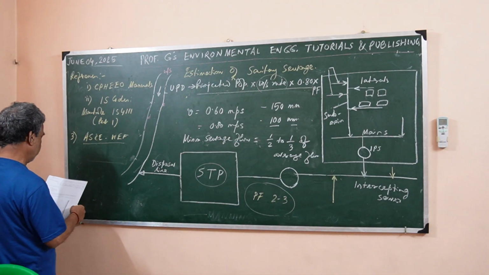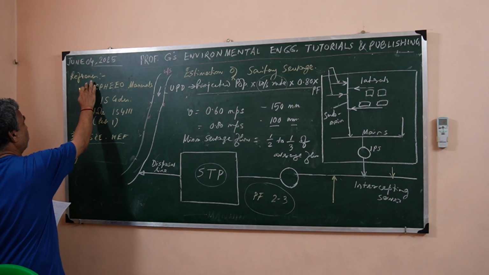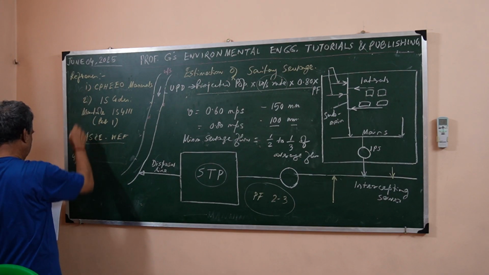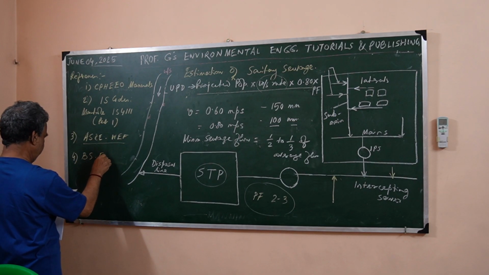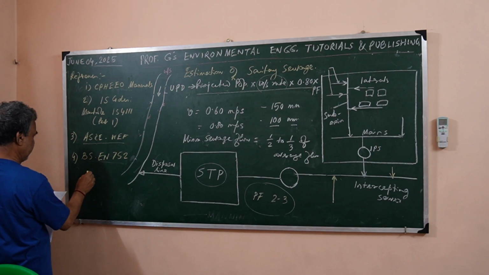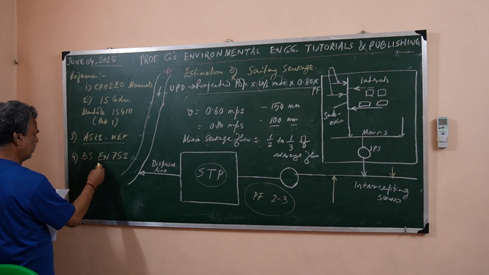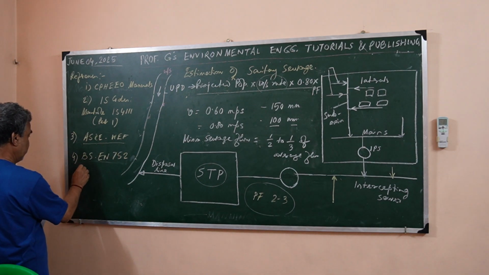For the UK, this is BS, British Standards, EN 752, that is 2008 or so. That does not matter much, but the latest one is to be followed, that is